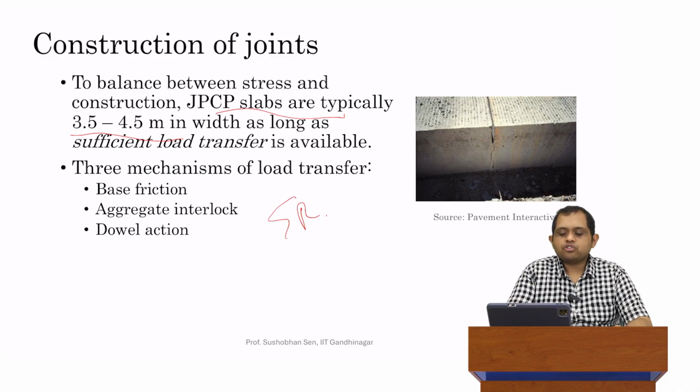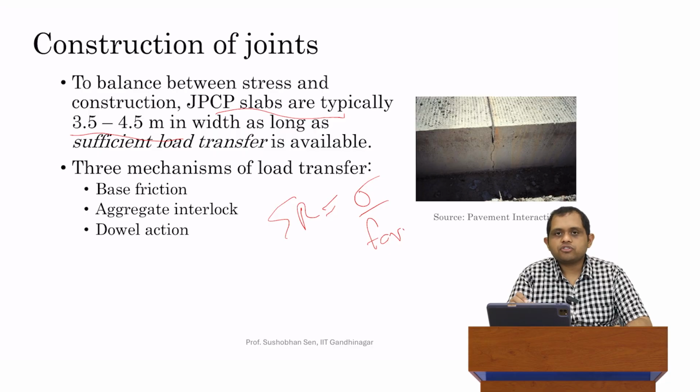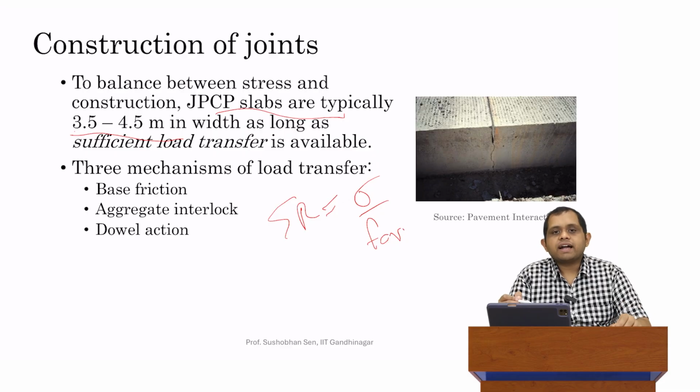So I remind you, stress ratio was the critical stress divided by FCR, which is the strength under flexure. So we saw previously that this stress was maybe around 44, 45% of the flexural strength. That's still a high number. It's less than 1, so it's still useful. It's still something that we can work with. It hasn't failed, but it's actually still quite high relevant to what we expect to get when we analyze rigid